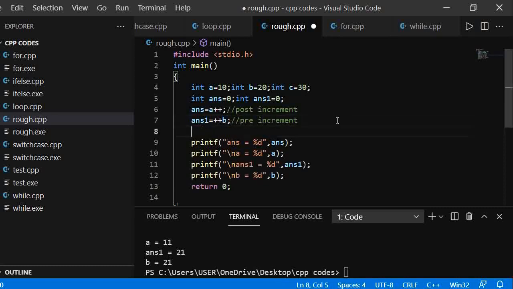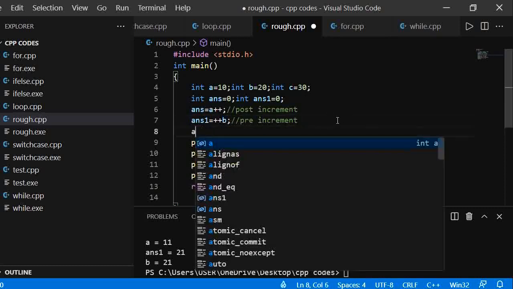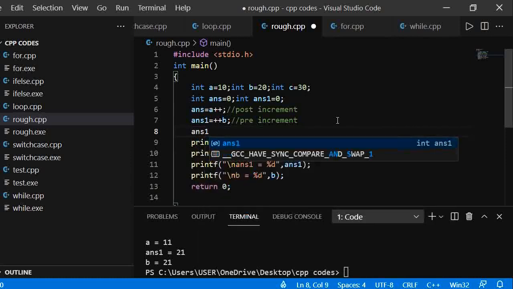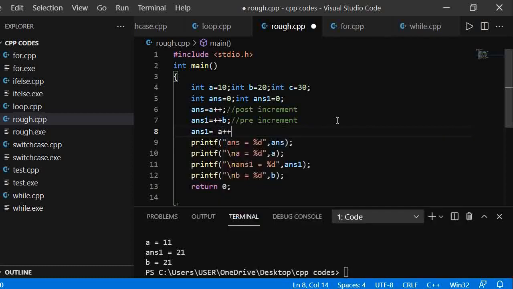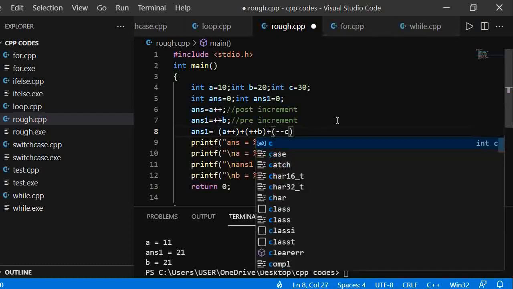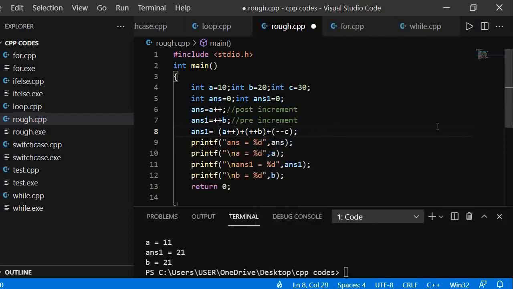Similarly, we can solve a more complicated expression. If we write something like a plus plus, plus, plus plus b, plus, minus minus c, let's try to think what the answer would be.